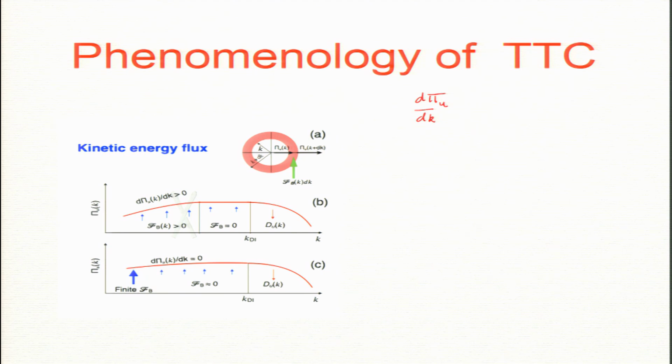By the way, for thermal convection we do not apply any external forcing; buoyancy is good enough to drive the flow. If you just wait for some time, it will become steady. So, dΠ/dk is F_B(k). In the inertial range I drop the viscous term, so this is positive. So, my flux must increase with k. So, this is k on the x axis, and I expect the flux to increase.